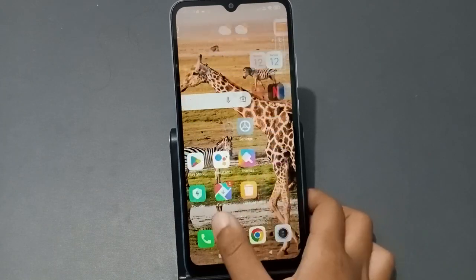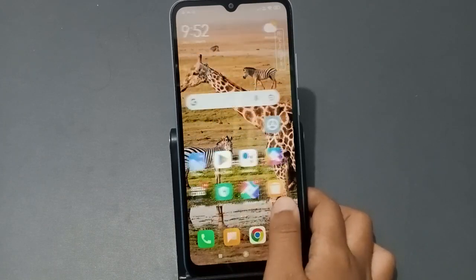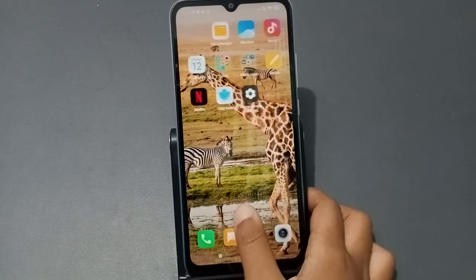Hello friends, in this video I'm going to show you how to set magazine or lock screen wallpaper